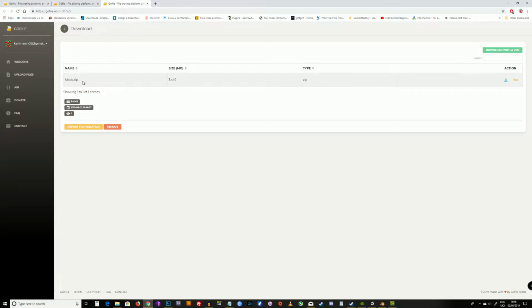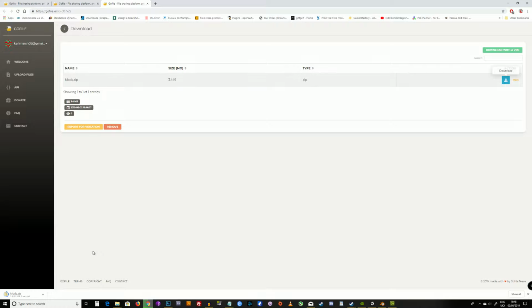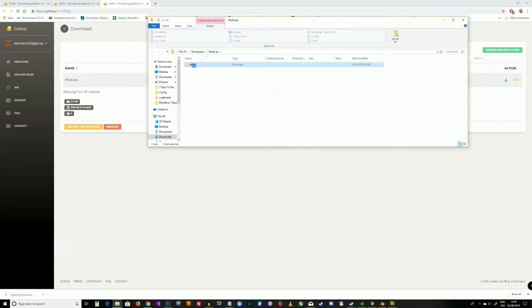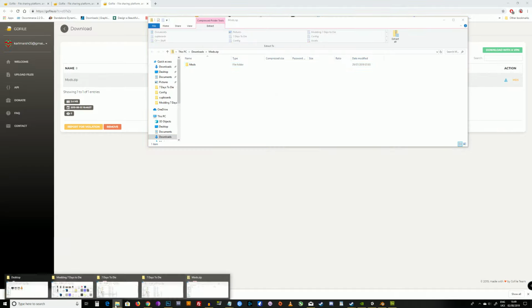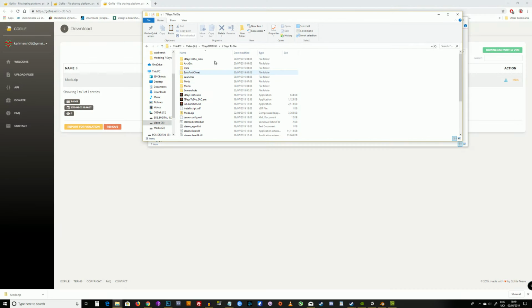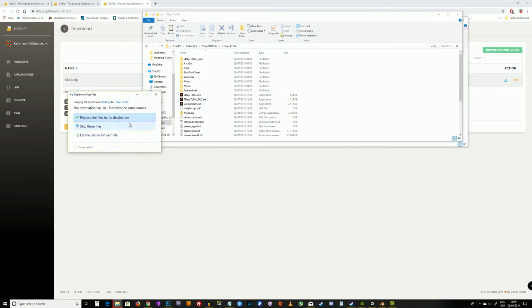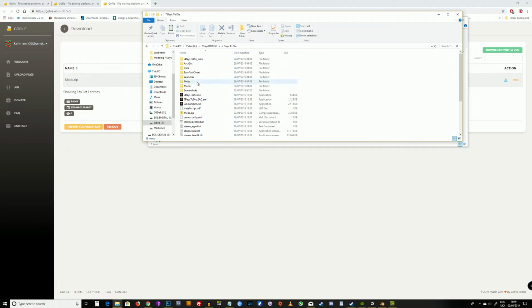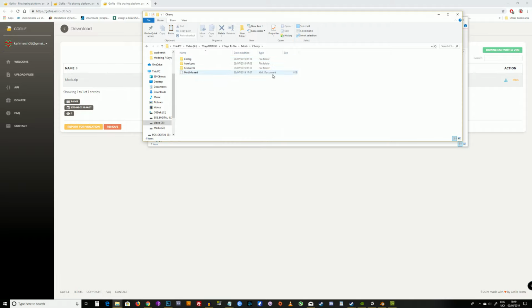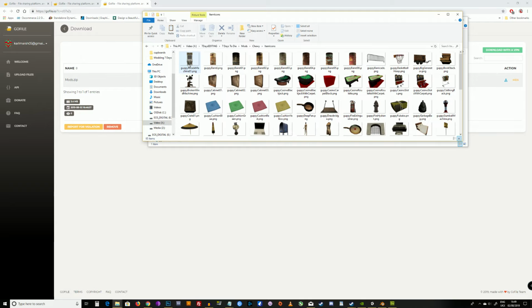So we just need to go ahead now and download the mods.zip from the link in the description. And we're just going to copy and paste the mods file, or drag and drop, it's entirely up to you, into the root directory of the new install. So there we go. In my case it asks me to replace because I've already got files in there. So you will now have in the mods folder, in this case Chewy, and then basically you've got everything you need there for the game to be able to relate to this new Unity 3D file